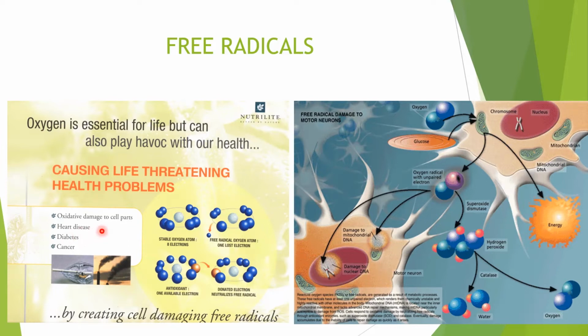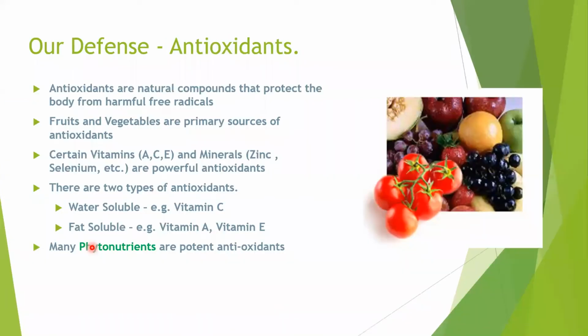And as you can see, if these free radicals attack the lungs, it can cause lung issues. If it attacks our pancreas, it can kill the beta cells which create insulin, indirectly and directly leading to diabetes. It can lead to excessive inflammation of arteries, which leads to cardiovascular diseases, and of course, cancer, as we talked about. So what is our defense?